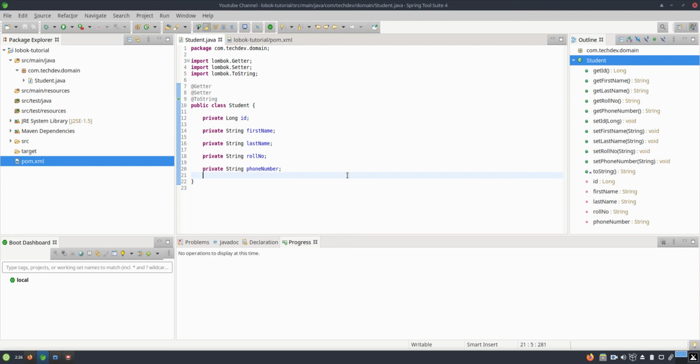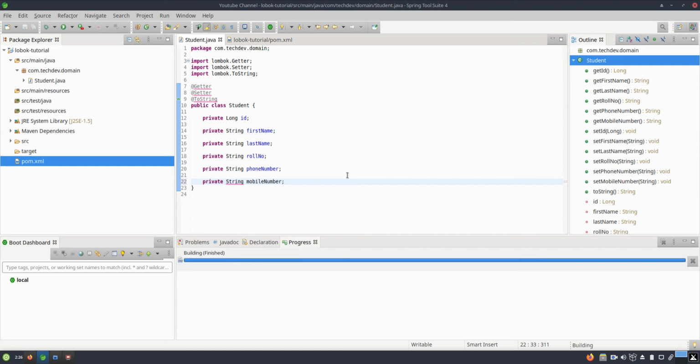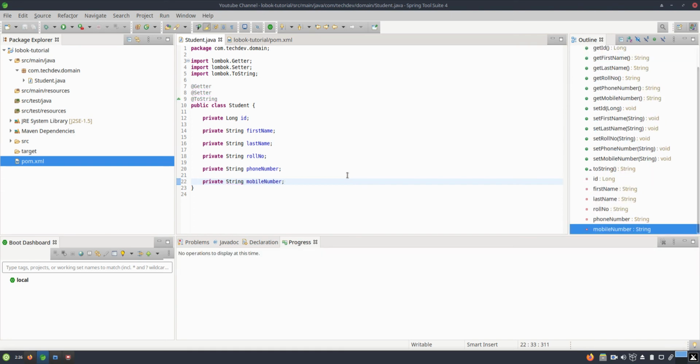And one more advantage, the biggest advantage of Lombok, is this: suppose there are only 5 properties for now. Let's add a new property, such as a mobile number, or whatever we can have. So now we have the mobile number.